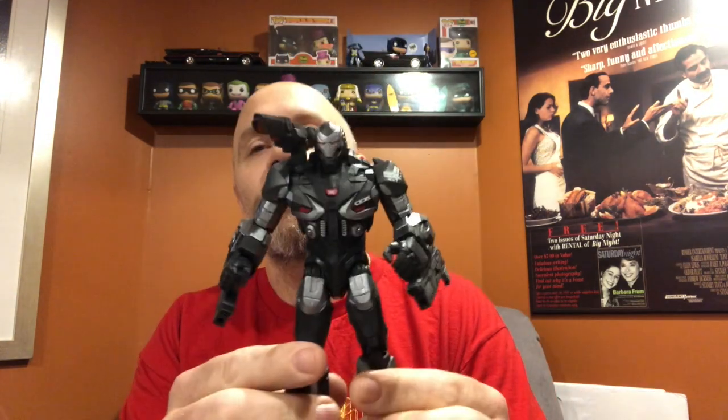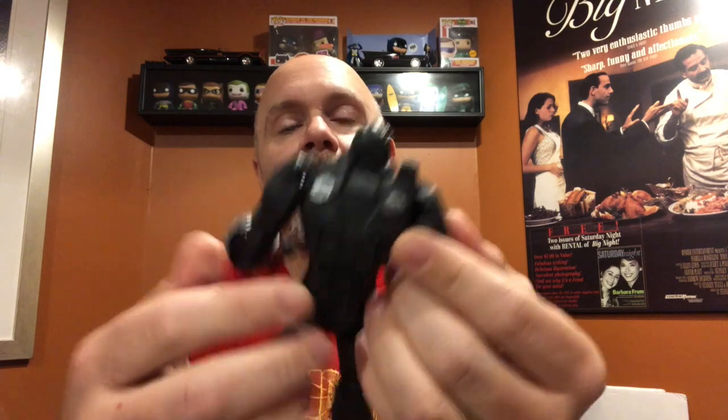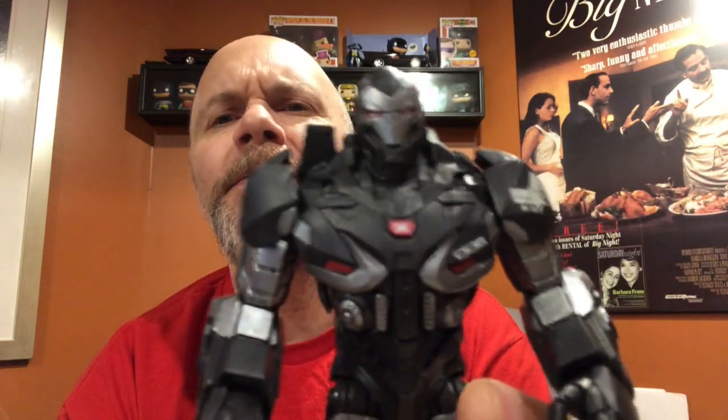And he is a very beefy guy. For a big guy, he poses surprisingly not all that bad. I'll take off all of his accessories just because they might fall off anyway. There are some different components that I haven't really seen before, but then again, how bulky he is as well. I know some people say, with the face, that he kind of looks like he's got a smile on his face, but you know what,